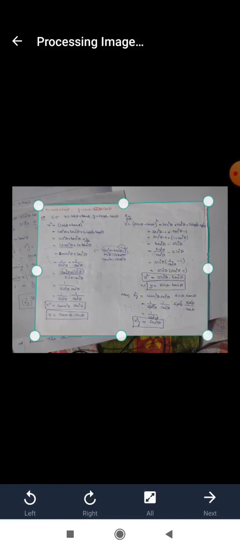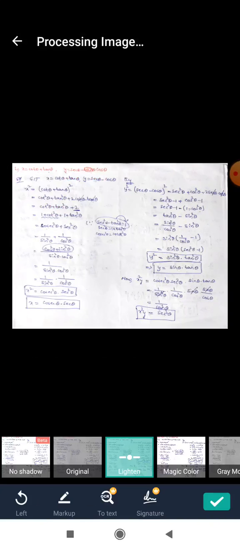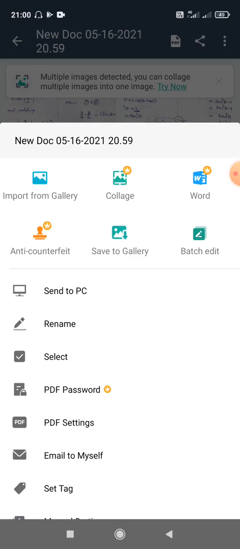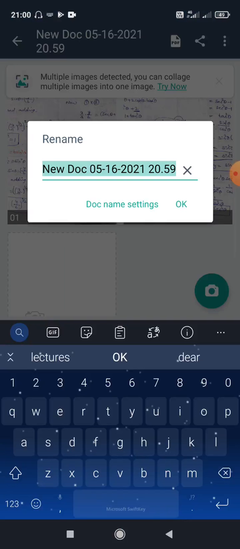Rotate left or right, click on next. So this was the second page in your document, right? Like this, however many pages there are in your assignment, you can scan all the pages. Then click on the three dots at the top right, click on three dots, rename, and you can name the document